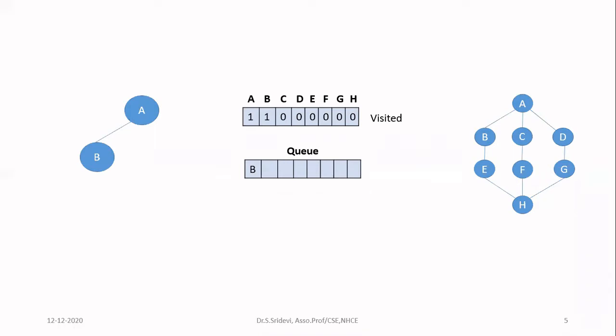But in case of a graph, how to check the neighbors? Check whether there is a direct edge connecting two nodes. So here A is connected to 3 different nodes, that is B, C and D. There should be a direct link. So these 3 are the neighbors now. So what is my step now? I have to go and check out of these neighbors which is not visited so far. So how to check it? Go and check in the visited array.